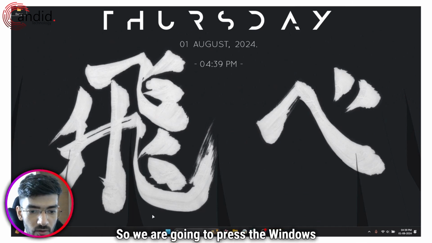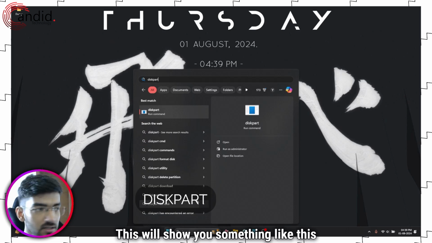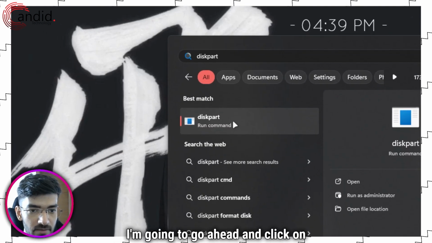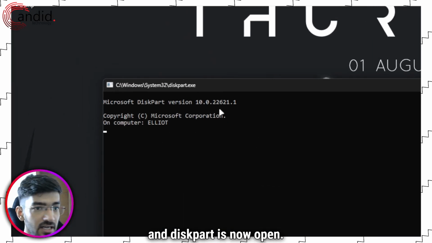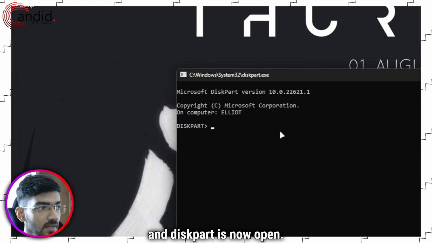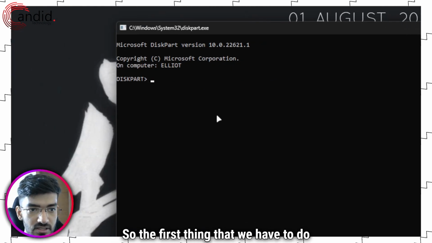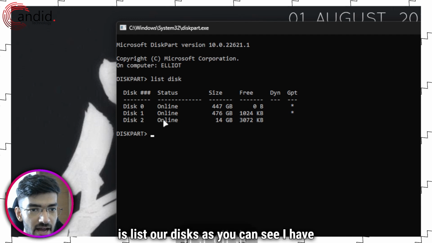So we are going to press the Windows key and search for diskpart. This will show you something like this that says run command. I'm going to go ahead and click on that, give it the permissions that it needs, and diskpart is now open. So just follow these commands one by one. So the first thing that we have to do is list our disks. As you can see, I have 2 disks